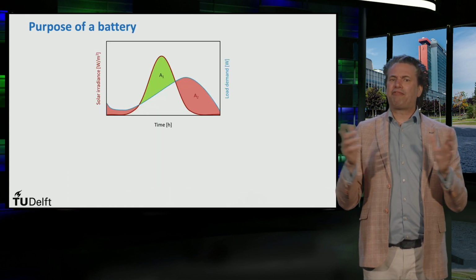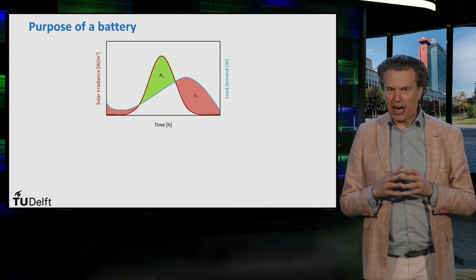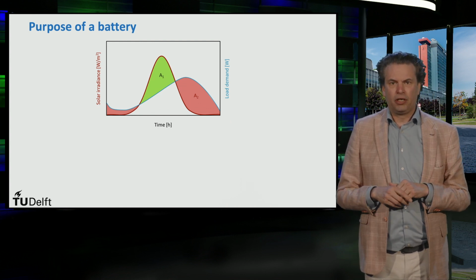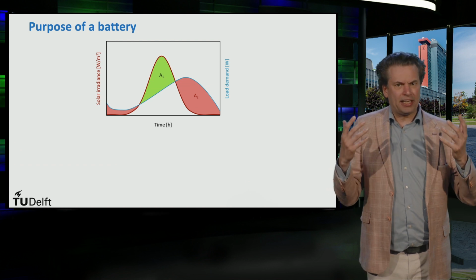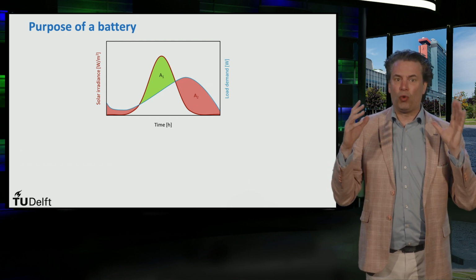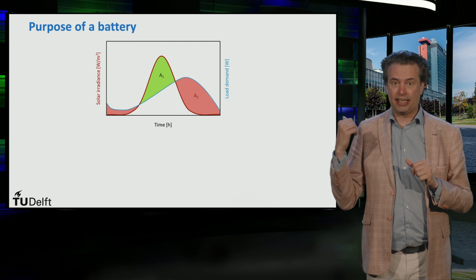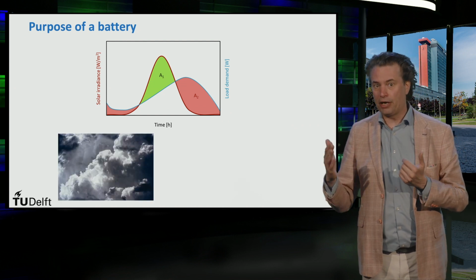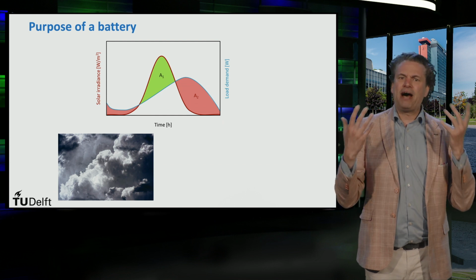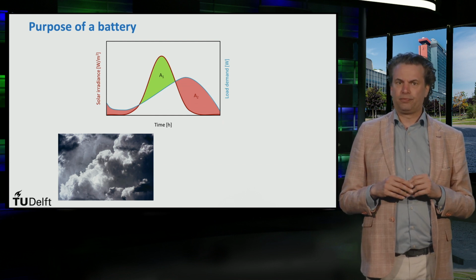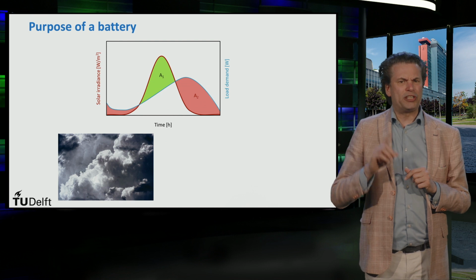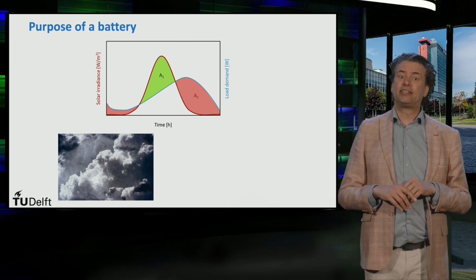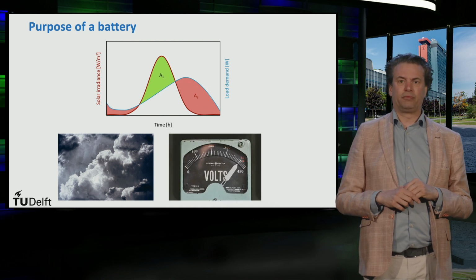So we have daily fluctuations that require energy storage, which can be in the form of a battery. You can also probably imagine that the PV power production doesn't always look as smooth as that red curve due to clouds passing by overhead. A battery will help with this as well. However, there is another reason why an off-grid system needs a battery. This is the voltage of the system.